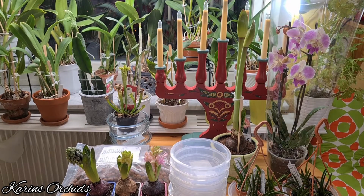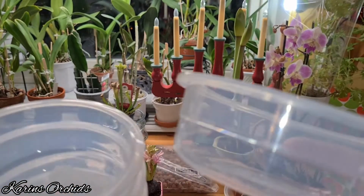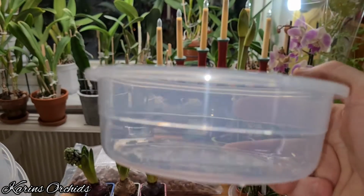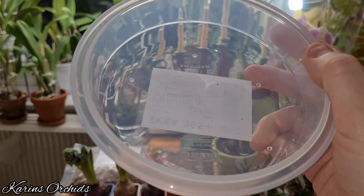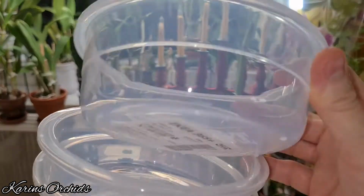And I also got me a few other accessories. They have really cheap containers here, plastic containers, about 12 centimeters wide, I guess, and 6 centimeters deep. So what to do with these guys? Now you can use them as watering trays, of course, and they were only €0.5, so they were really cheap